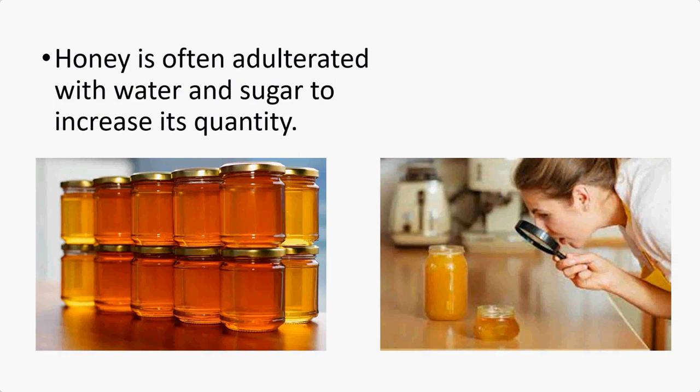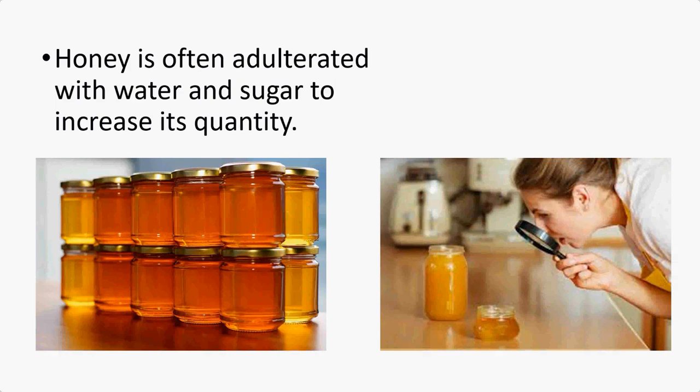So what they'll do, they'll take pure honey, and in that they will mix this to increase the quantity. They can take only half the amount of real honey, and make the other half a water and sugar syrup. They'll mix it and they'll sell it. Ma'am, they'll get more profit. No, it's like cheating. Yes, ma'am.